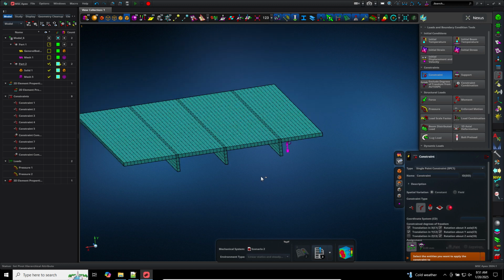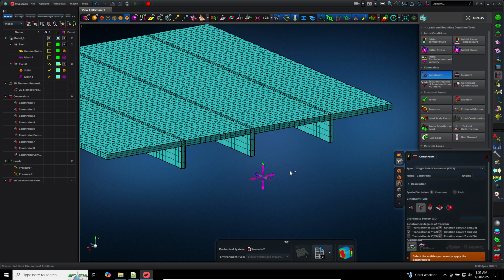Let's rotate this a little, zoom in, and select this face, these faces. Now, the most common issue is that you've defined constraints, but you do not define enough constraints to